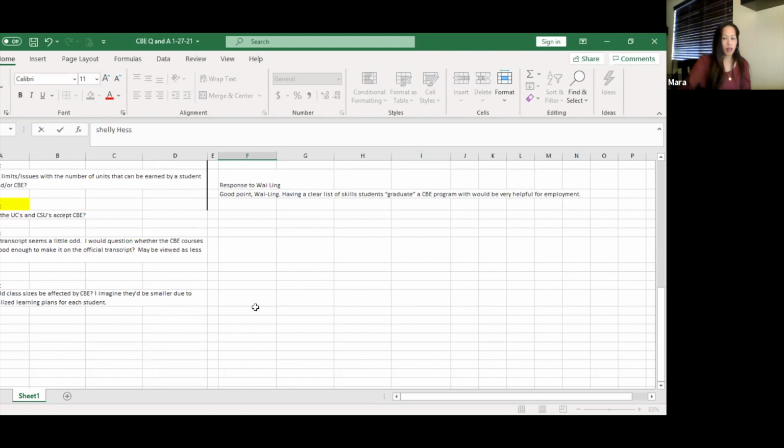Okay. It's almost, to my way of thinking, counterintuitive to do that, because the idea is that we're not really worried about units and time and all that stuff, just the competencies. But there are limits to the number of units students can get for, like, credit by exam. So I can see maybe there would be in the future. And class sizes,